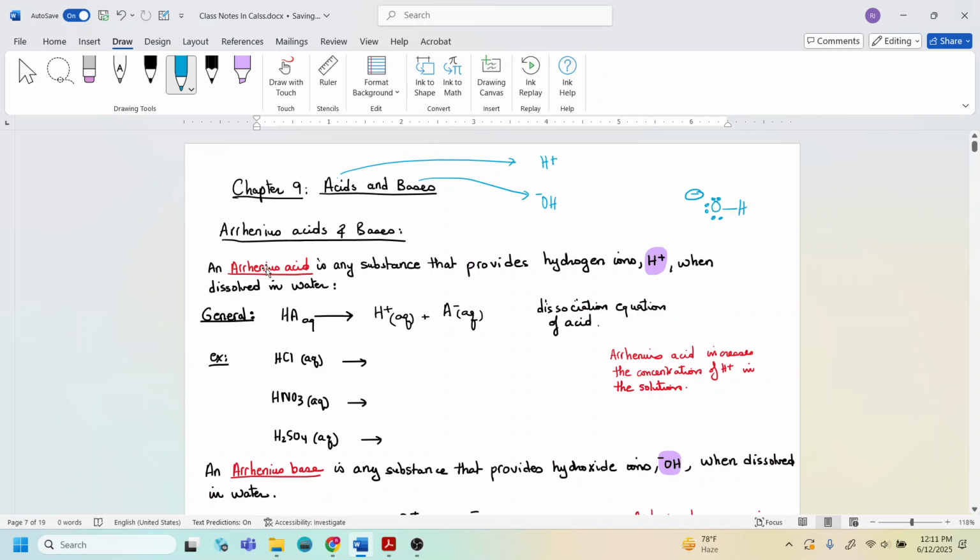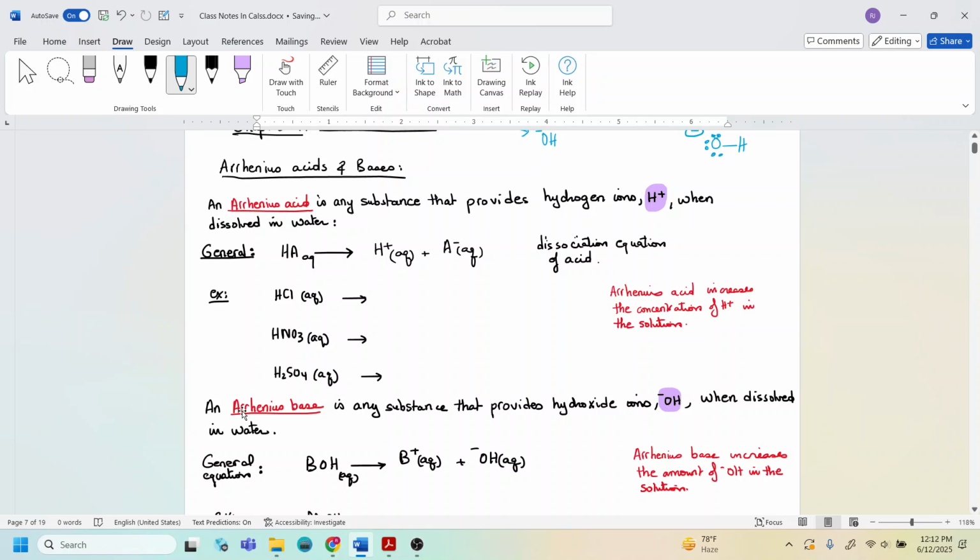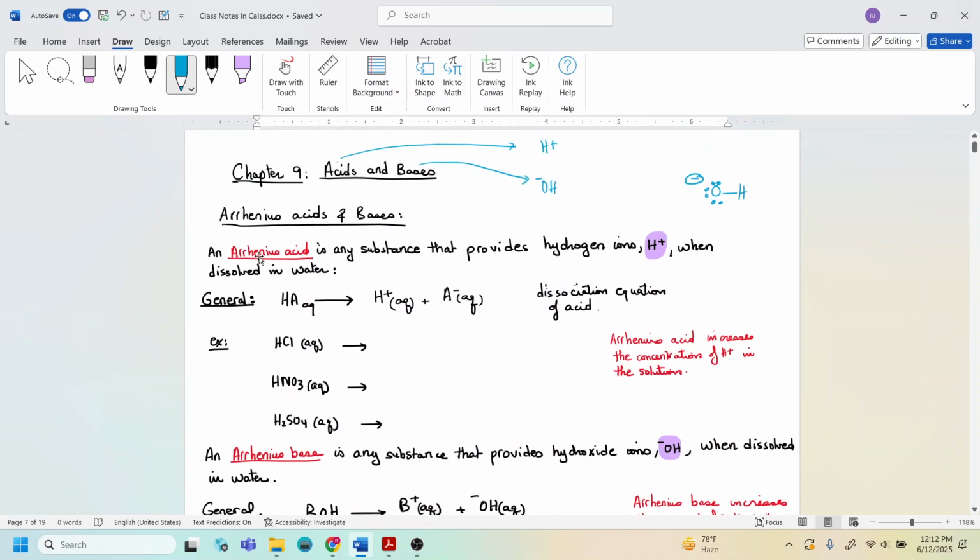In general, acids go by the name Arrhenius acid. This is a general name for the acid. And bases go by the name Arrhenius bases. This is a general term for the base. So Arrhenius acids are compounds that, when dissolved in water, increase the concentration of H plus ions in the solution. So Arrhenius acids are acids that release H plus when dissolved in water